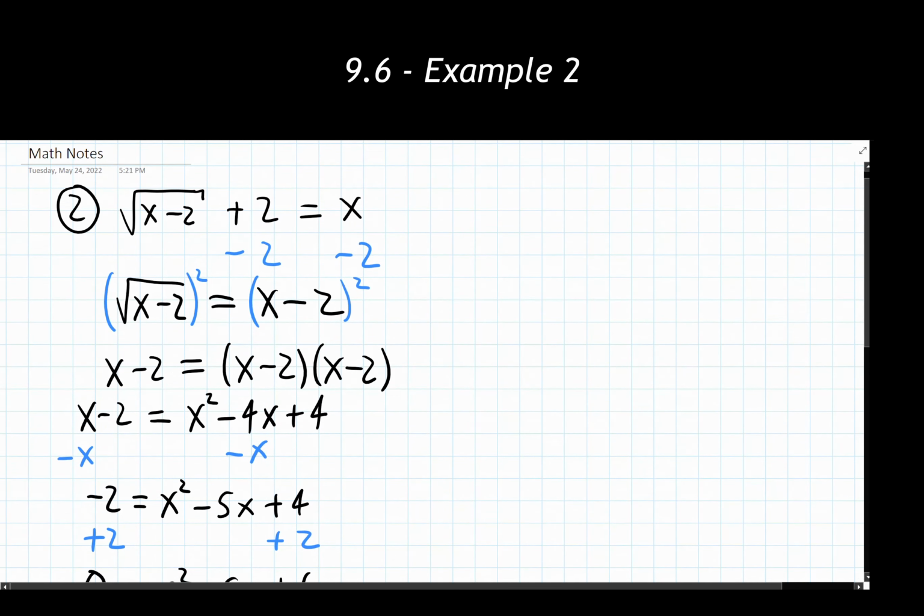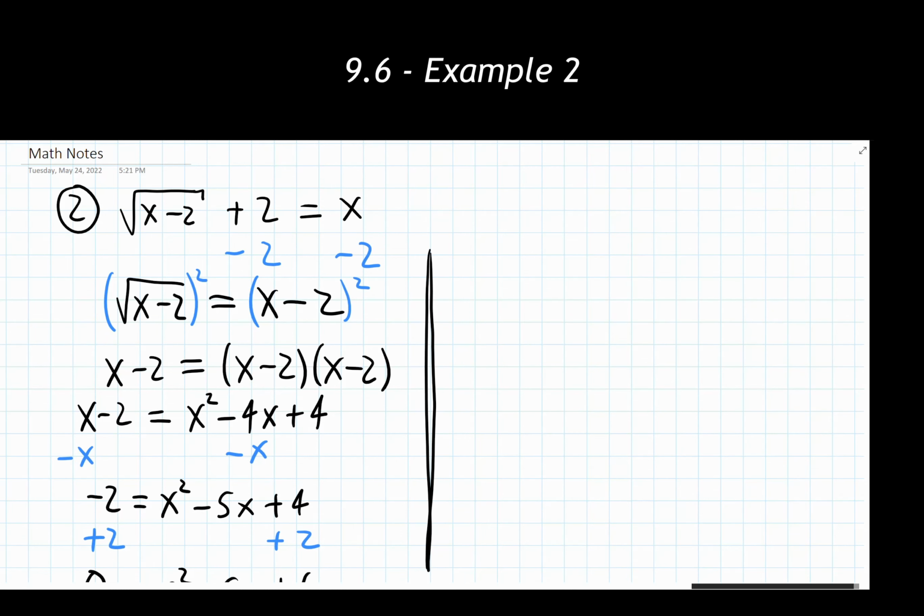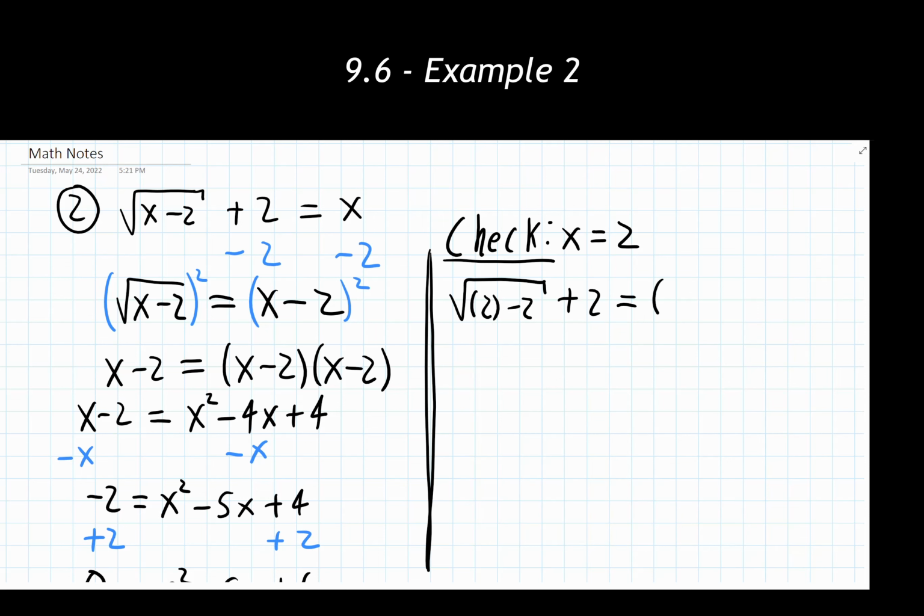So we're coming back up to the top here. Or at the very least, this is how I like to go through and check it. You're welcome to use a slightly different organizational method, whatever works best for you. But we do need to go through and check these things. So I'm checking x equals 2 first. So I'm going to plug this into my original equation. So anywhere an x shows up, I'm plugging in a 2 inside of a set of parentheses. And I'm simplifying each side individually.